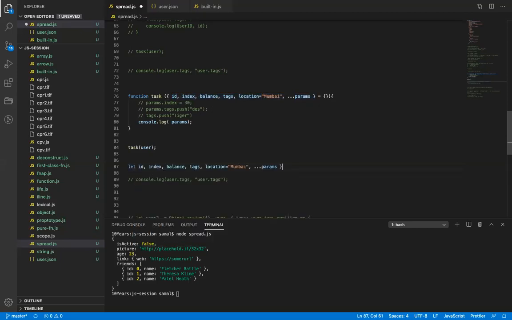So let's say we have this object, a random passing user object. User is the main object. So this says pluck the keys id, index, balance, tags, and location, and assign a default to location if there is no value. And the rest of the keys that remain, just assign them to params.